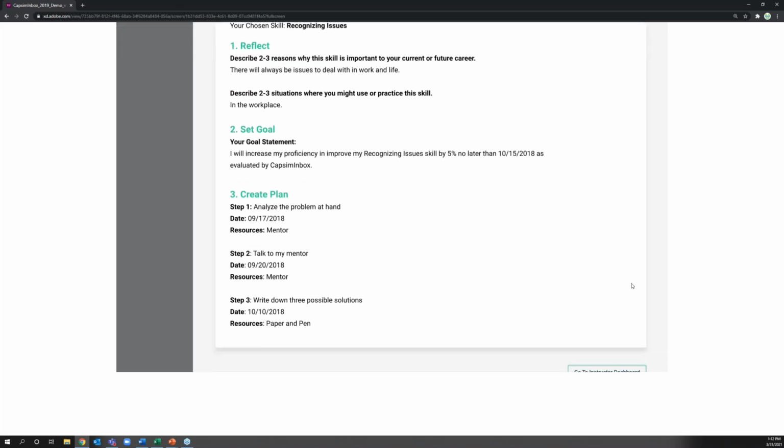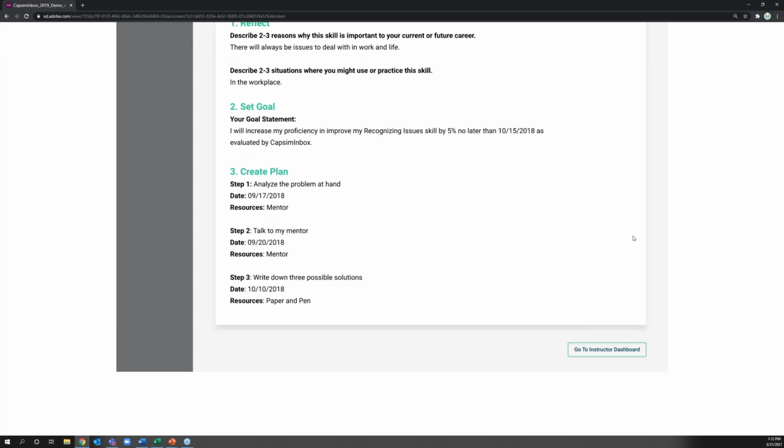They can go back and do that for the other skills listed in this assessment and fleshing out their individual development plan. And this is a plan, development plan that they can actually download and walk away with as a part of their self-development journey. So that's what the participants will walk away with.